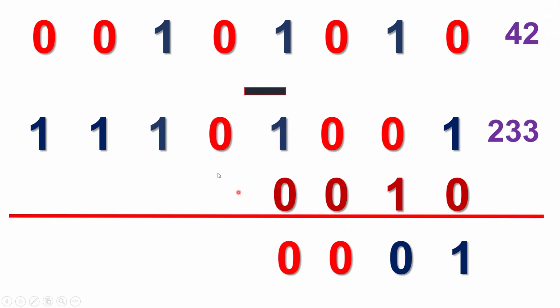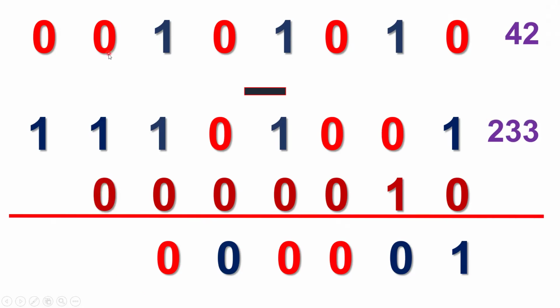And next bit, you did not borrow anything, so borrow in here is 0. Again, 0 minus 0 minus 0, the difference is 0, and the borrow out is 0, which is the borrow in here. So 1 minus 1 is 0, and 0 minus 0, the difference is 0. Again, you did not take any borrow from this position, so borrow out of this subtraction at this bit is 0, which becomes borrow in here. So now